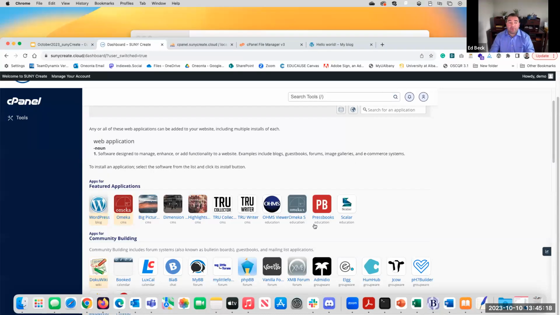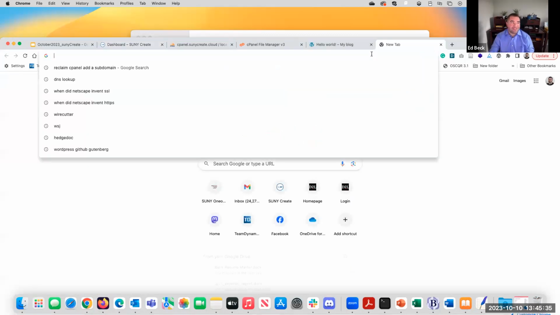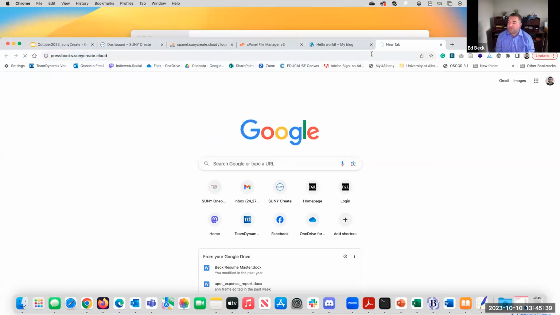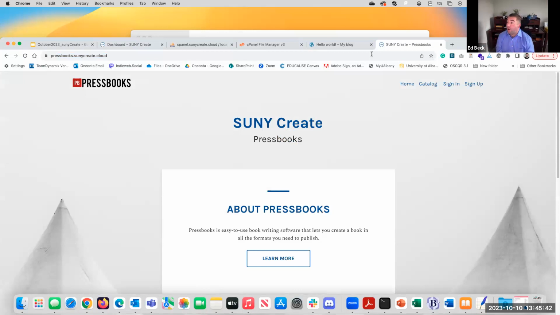By installing Pressbooks using this installer, you could run your own Pressbooks. Pressbooks lets you have multiple books on a single server. It's like having your own library. Now, we at SUNY have really wondered if that's a good idea for every single person to be running and managing their own Pressbooks. So what we did is we created one